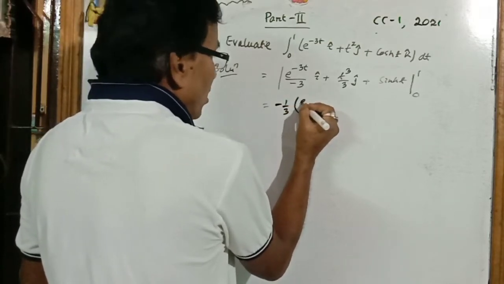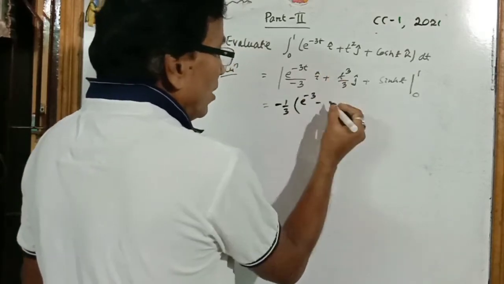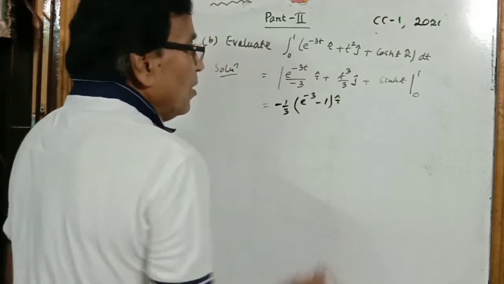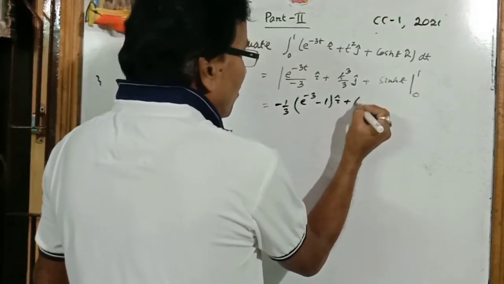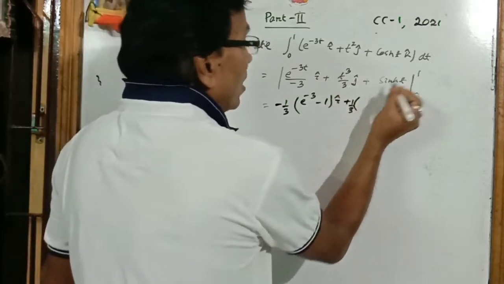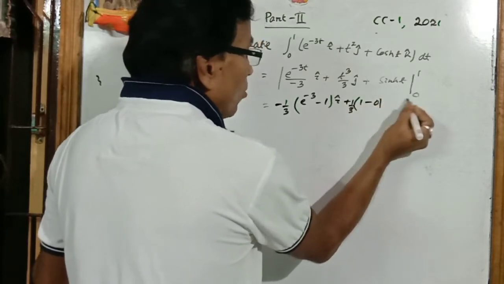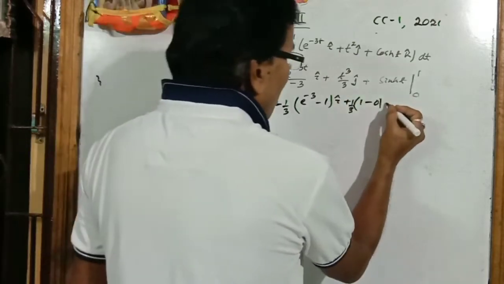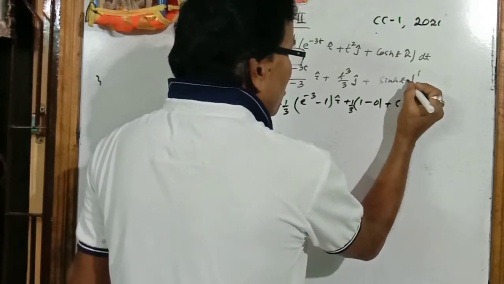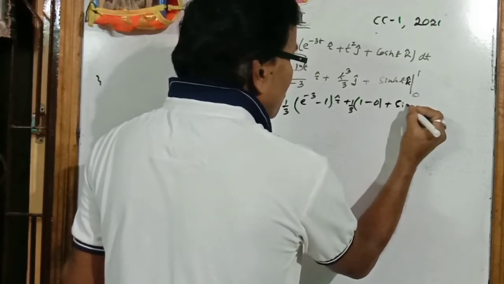It is equal to e to the power minus 3 minus, putting the lower limit, it becomes 1, whole into i cap, plus 1 by 3, which is a constant, take it out. Putting the upper limit, we are getting 1 minus, putting the lower limit, it is 0, plus this into k cap. So it is sine hyperbolic 1